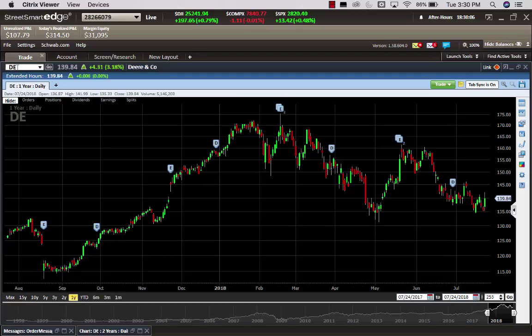So this symbol is DE. It's actually John Deere Company, and John Deere Company showed up on a report that I subscribe to, which shows stocks that have a huge increase of implied volatility. That probably doesn't make sense to you right now, but what I will tell you is when we sell, whether it's a put or a call, which remember, I'm always a net seller because I like to get paid up front,